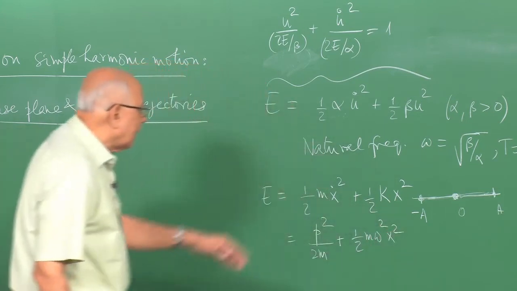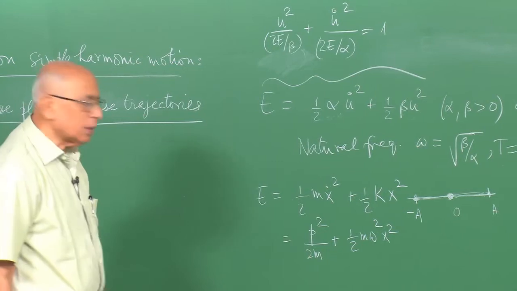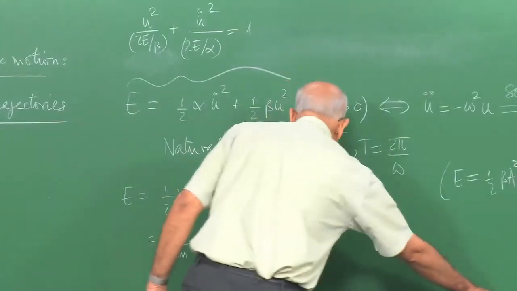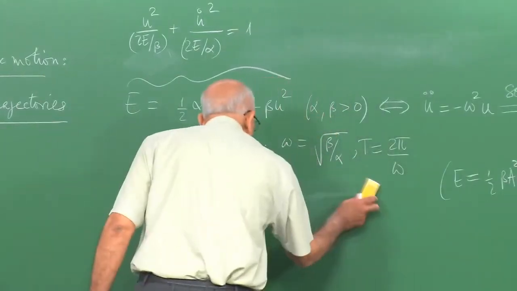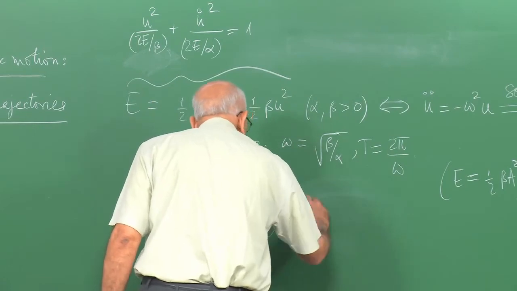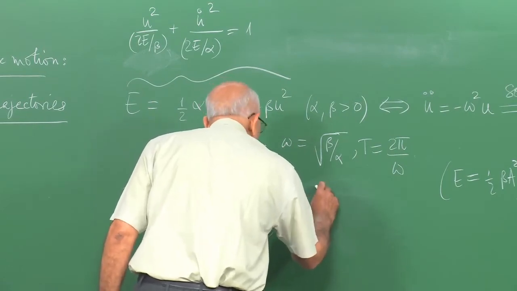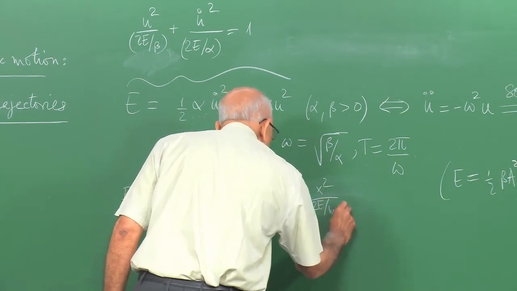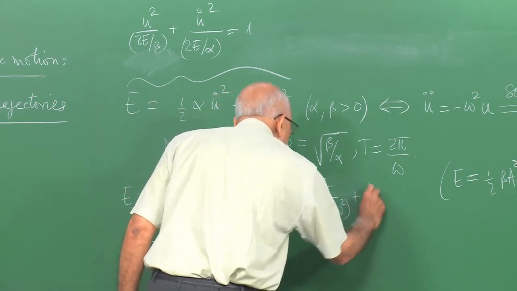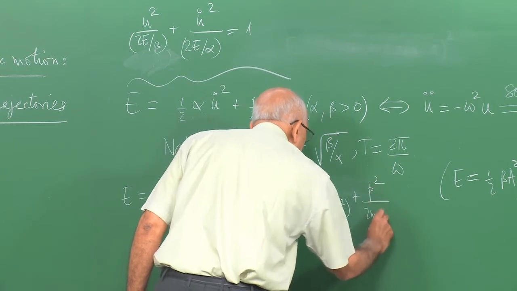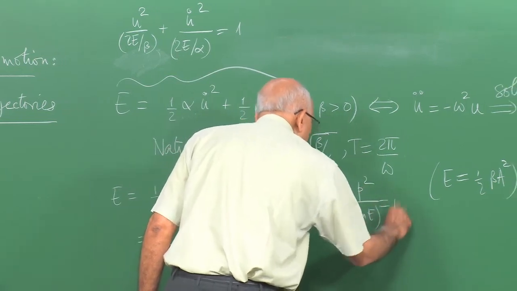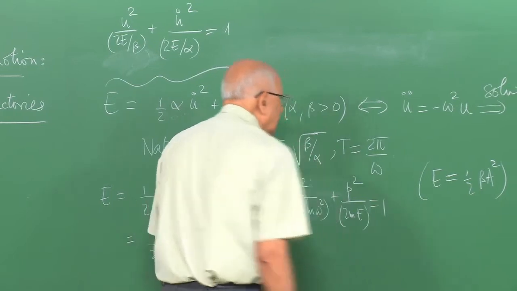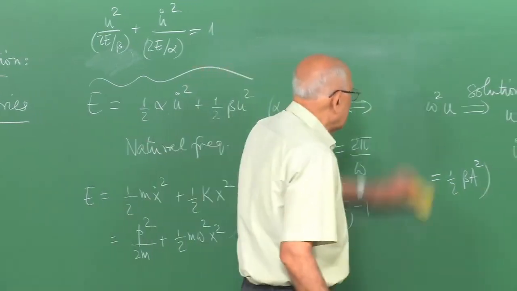I want to remove this k and write it in terms of the natural frequency omega, and then the equation of the ellipse in this case would be x squared over 2E over m omega squared plus p squared over 2mE equal to 1, and the phase trajectory in this case,